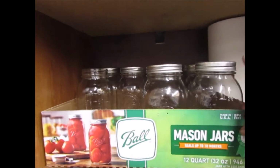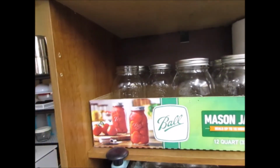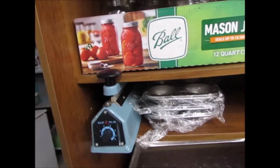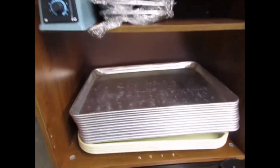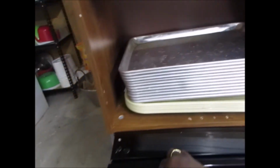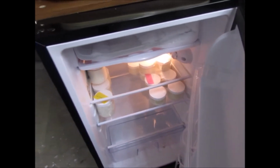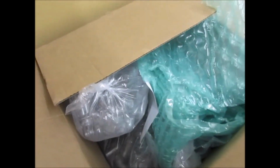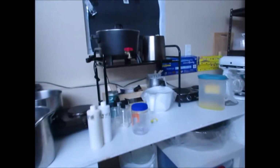So my mason jars for prepping my essential oils and fragrances when I'm soap batching. These are for my bath bombs when I'm making bath bombs, just to help them sit and dry. And my baker's racks. I have more products in here that are just in here because they don't have labels, like the butters and my buttercreams. This is just a shipment that I had come in the other day with the wrong boxes. I don't know who they thought were going to be able to use these, but they shipped them right out today. Oh, also under here,